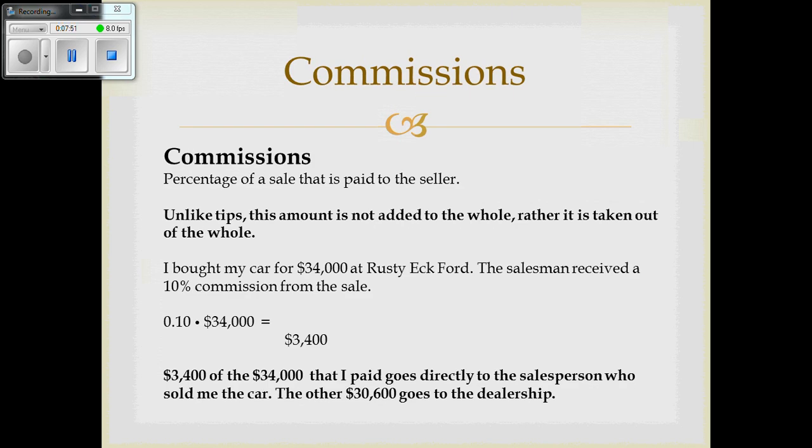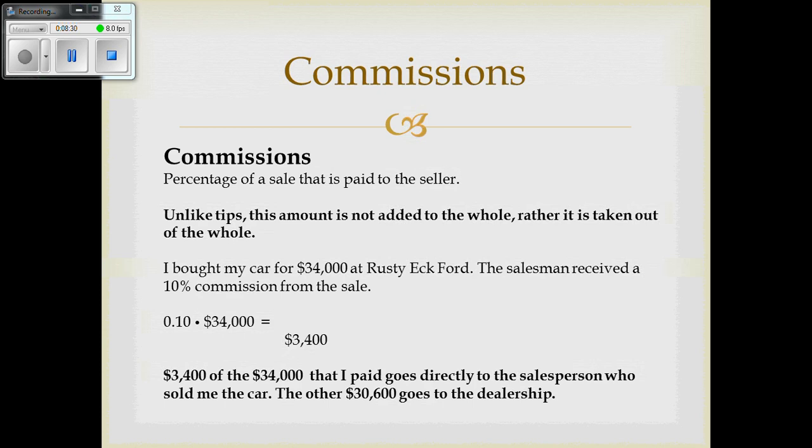Commissions. Commissions are a percentage of a sale that is paid to the seller. Unlike tips, this amount is not added to the whole, rather it is taken out of the whole. If I bought my car for $34,000 at Rusty Act 4, then the salesman would receive a commission. If he received a 10% commission from the sale, I could find 10% of 34,000 in order to determine what his commission is. So what you see here is 10% as a decimal, 0.10 times 34,000, and that's going to